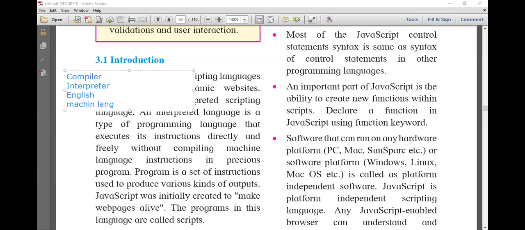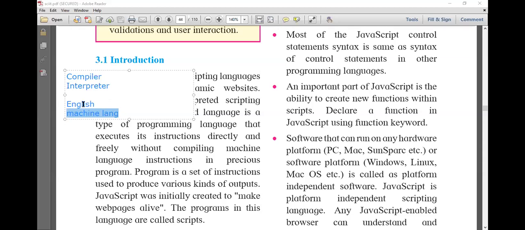Now if you want to convert this English language into machine language, then there must be a converter, because we write a program in English. Even in HTML, you are writing the program in English. And when you execute this English program, it must execute on a microprocessor, but the microprocessor understands only machine language.